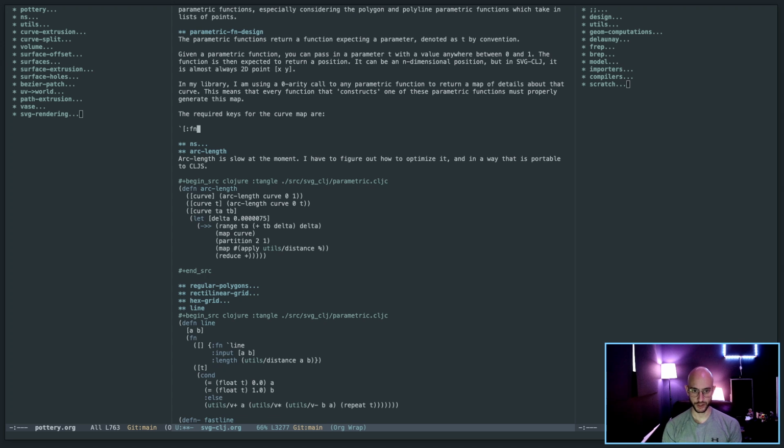Right, so we've got function, we've got input, length, which is either estimated or whatever. How do I want to do this? Let me